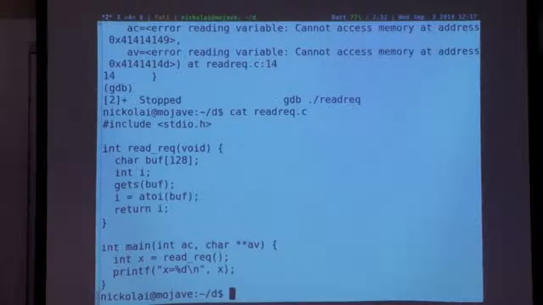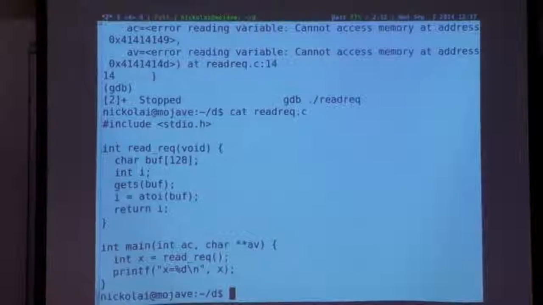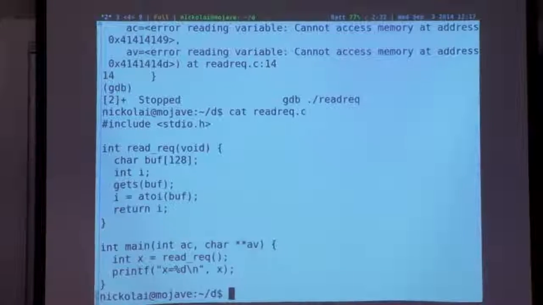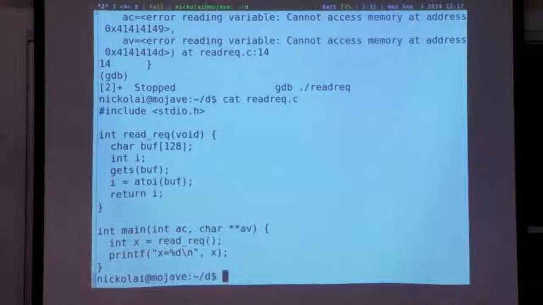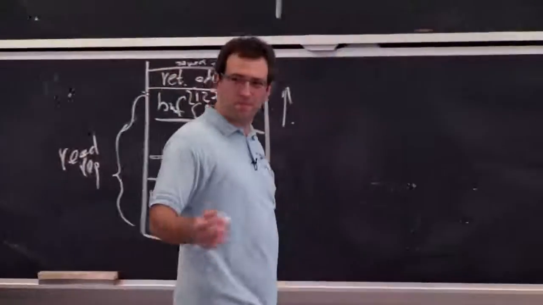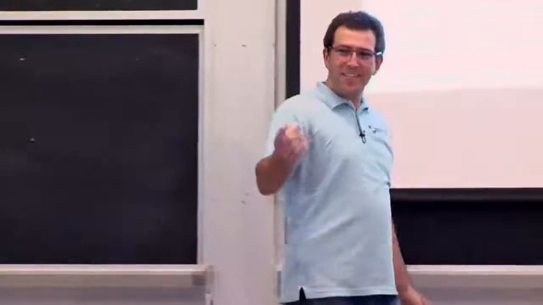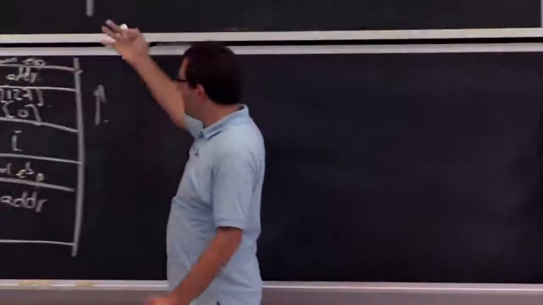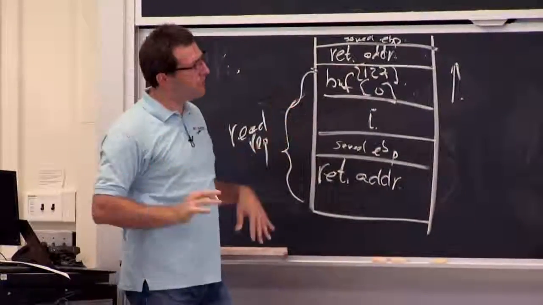So what happens if we have a program like this that's pretty boring? There's no real interesting code to jump to. All you can do is get it to print different x values here. What if you want to do something interesting? Yeah, I mean, if you have an executable stack, you could put arbitrary code that, for example, executes a shell. Yeah, so that's kind of clever, right? Because you actually can supply other inputs, right? At least, there are some defenses against this, and we'll go over these in subsequent lectures.